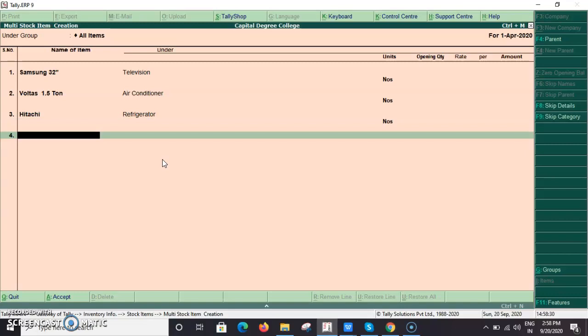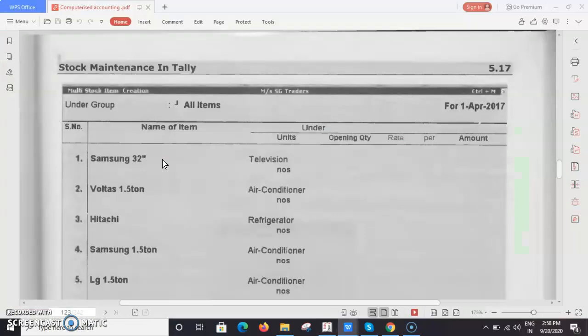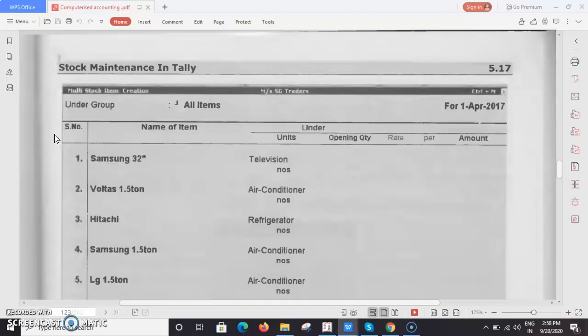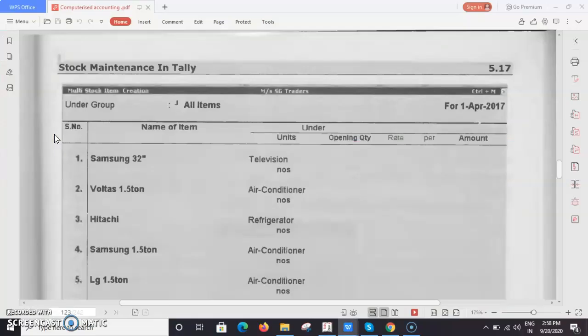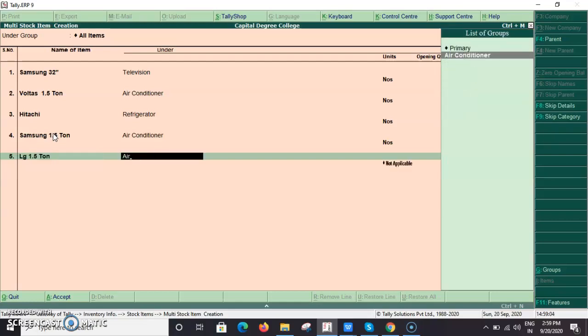Samsung 1.5 ton, Samsung 1.5 ton air conditioner. LG 1.5 ton under air conditioner.